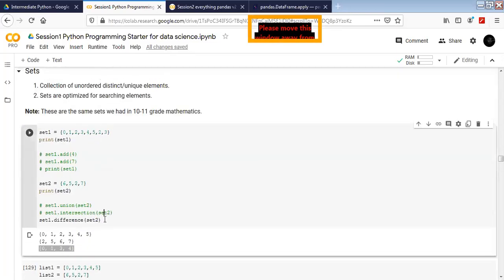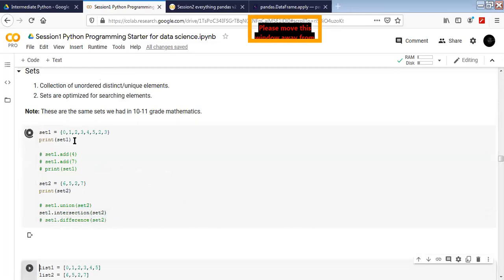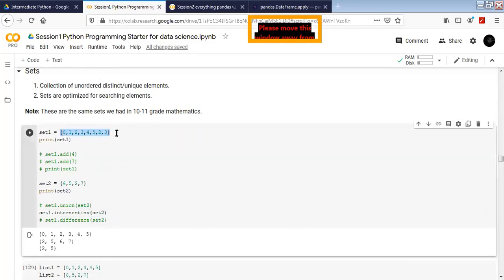Okay. So what happens with the intersection is, the first set has all the unique values 0, 1, 2, 3, 4, and 5. And the second set has the values 2, 5, 6, and 7. Now out of those, let's compare which values are actually common in the two. 0 is not common. 1 is not common. 2 is common, right?